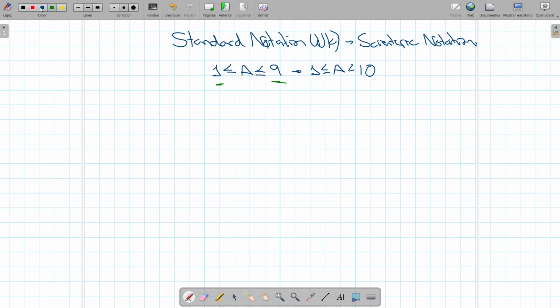Okay, and the number is written in this way, a times 10 to the power of n, where a is one number between 1 and 9, both can be used, and n is the number of decimal places we must move to convert the number into this form. Okay, so for example, if we have